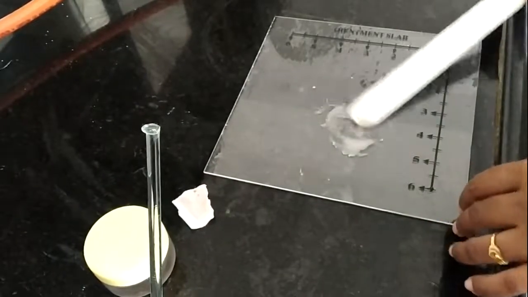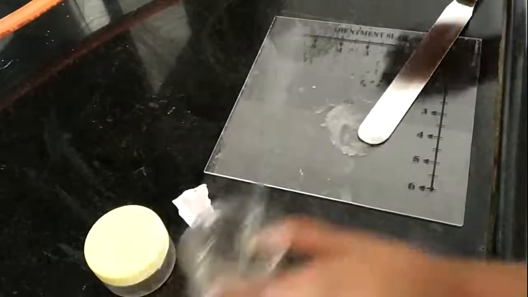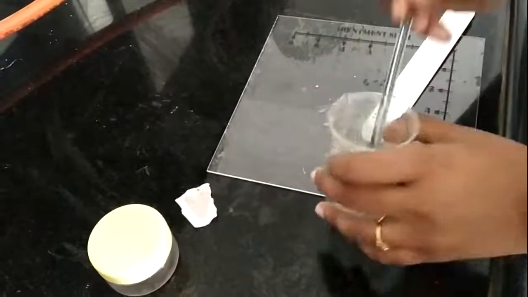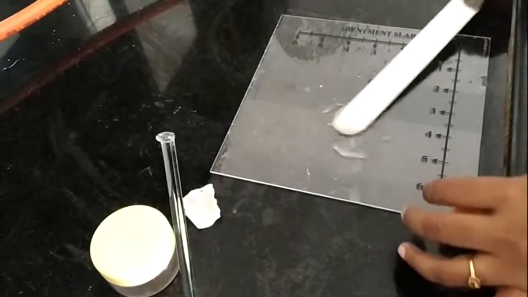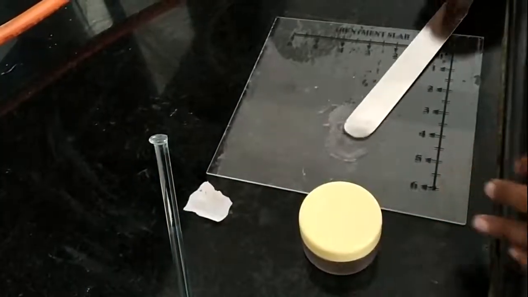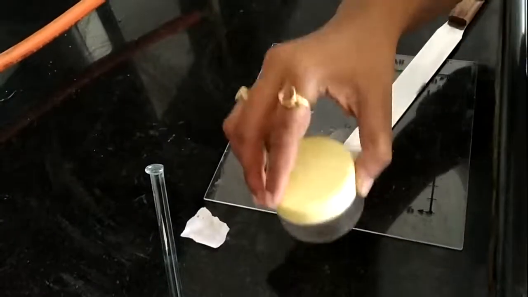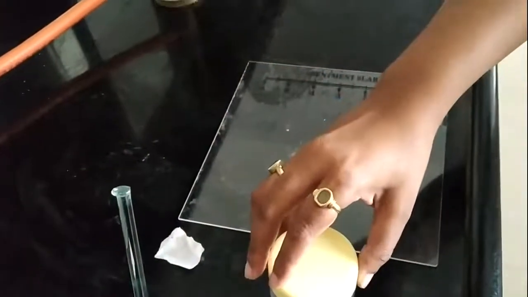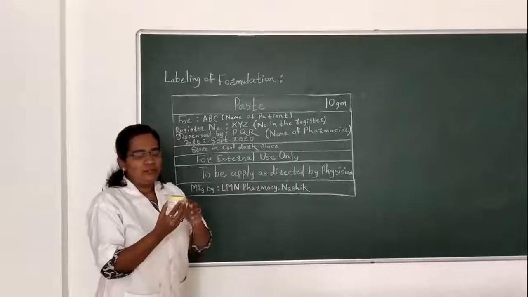After proper mixing, I am again going to add some amount of paste into it, and after proper mixing, I am going to make up the volume, and then transfer this paste into this container, and then we will proceed to the labeling part. So now we will move